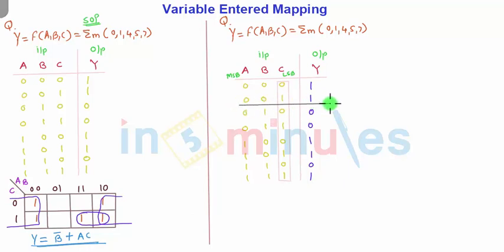AB 0 0, AB 0 1, 1 0 and the last one is AB 1 1. Now if you see carefully, for input AB 0 0, don't care C, still you will get output 1, final output is 1. Now I am talking about only 2 inputs A and B. C is going to be mapped into the variable, so I will write down here MEV, that is nothing but mapped entered variable.